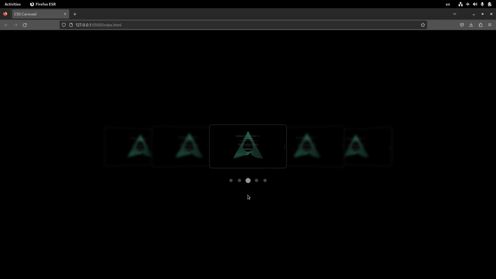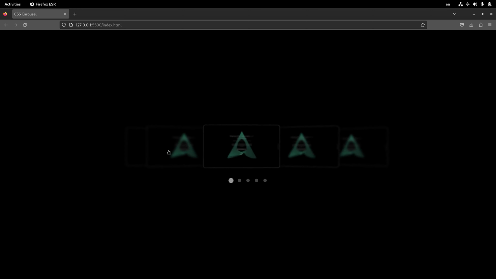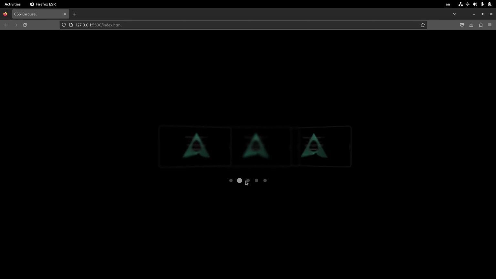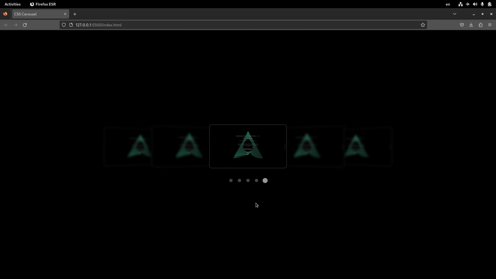Welcome to the CSS project. During this session, we will be creating a beautiful carousel like this with this nice effect and some navigation buttons at the bottom. Also, this project is fully responsive and mobile and tablet ready as well. During this project, we only use CSS and HTML, and we won't be using any type of JavaScript for this